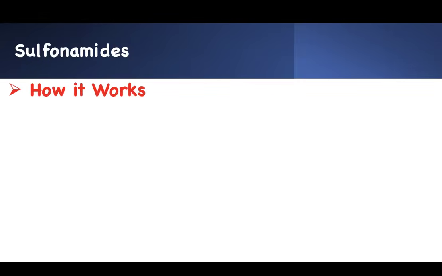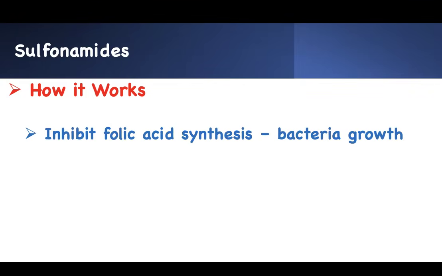Now, what do you need to know? How do they work? If you know how they work, you'll be able to figure out the side effects associated with it. One of the common things they do is they inhibit folic acid synthesis. Think about it. When a pregnant lady, during preconception, we want you to have an increased amount of folate in order to prevent neural tube defects. Well, sulfonamide blocks folic acid synthesis. Therefore, do you think a pregnant lady should take it? No, it's not good. It can affect bacterial growth, and this can lead to anemia. So that's one of the biggest side effects associated with that.